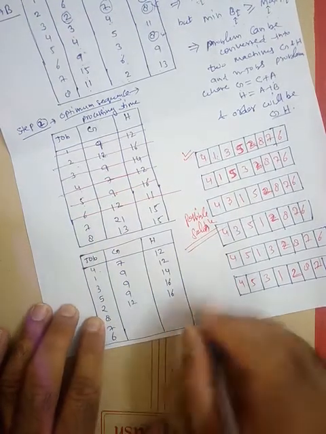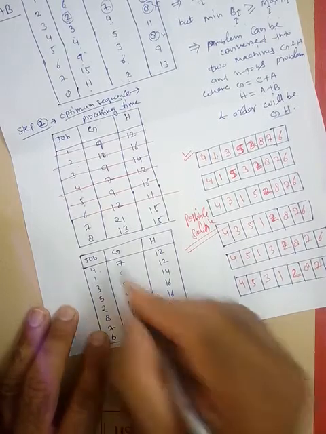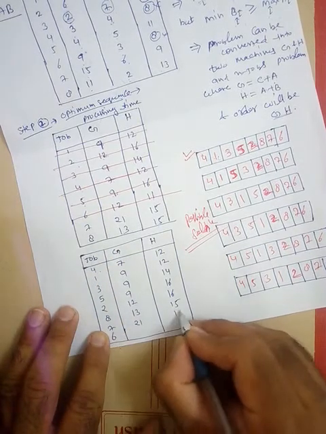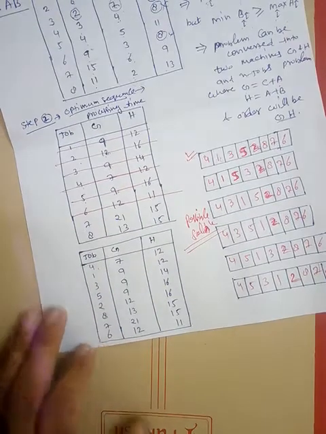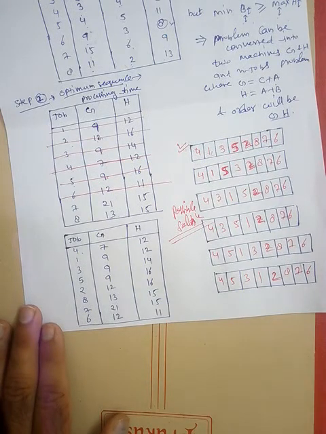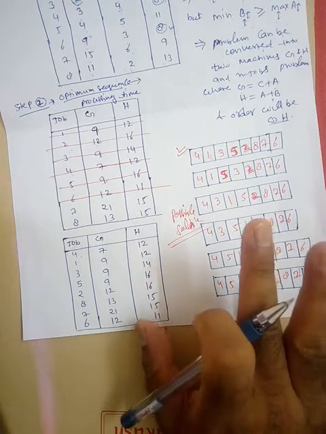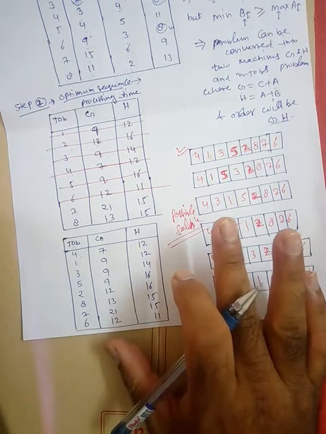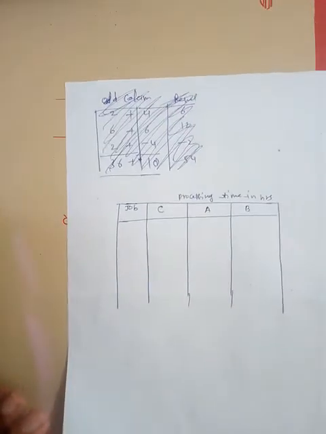In the eighth job we have 13 and 15. In the seventh job we have 21 and 15, and in the sixth job we have 12 and 11. So this is the table. Fine. Now we will not develop the Gantt chart here. We will develop the table, which is easier in comparison to the Gantt diagram, to find out the idle time. So now step number 3 is this.